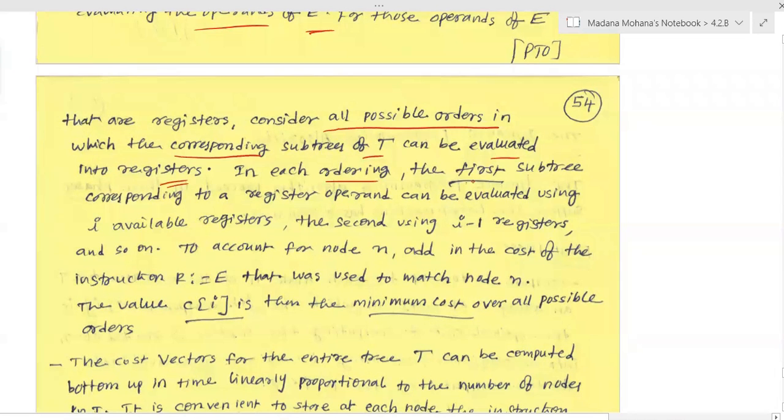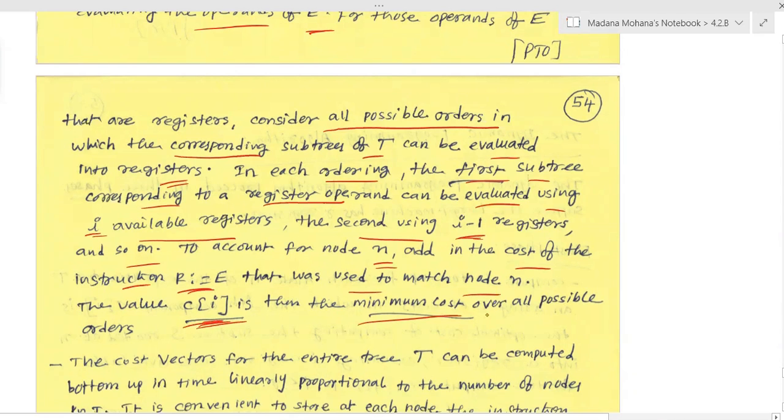In each ordering, the first subtree corresponding to a register operand can be evaluated using I available registers, the second one using I minus 1 registers, and so on. To account for node n, add in the cost of the instruction R equal to E that was used to match node n. The value of C of I is the minimum cost over all possible orders.